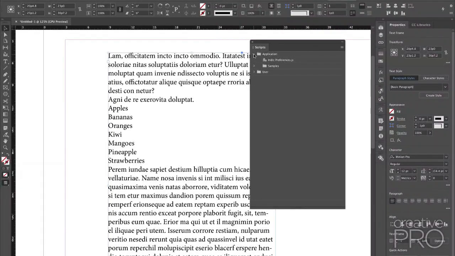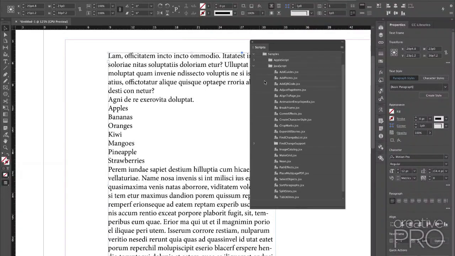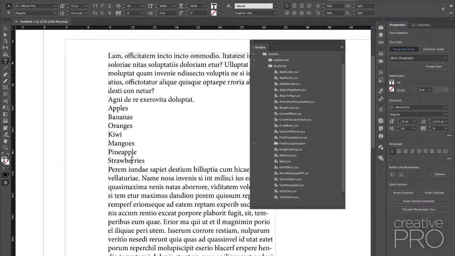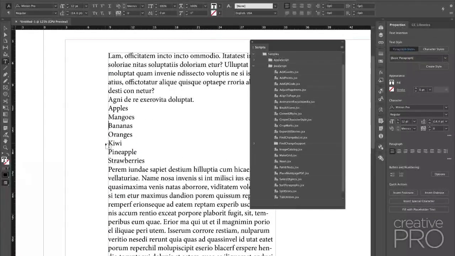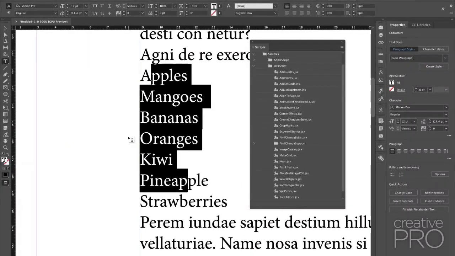But the ones you're pointing out, Anne-Marie, are really important. You open up your application folder, and then inside Samples, you're probably going to want to use the JavaScript ones. And inside the JavaScript folder, you'll find all of these cool scripts that you can take advantage of. So, for example, let's say this was out of order. I spent all this time putting this in order, but let's say I've got a list that's out of order, and I want to put these paragraphs in order.